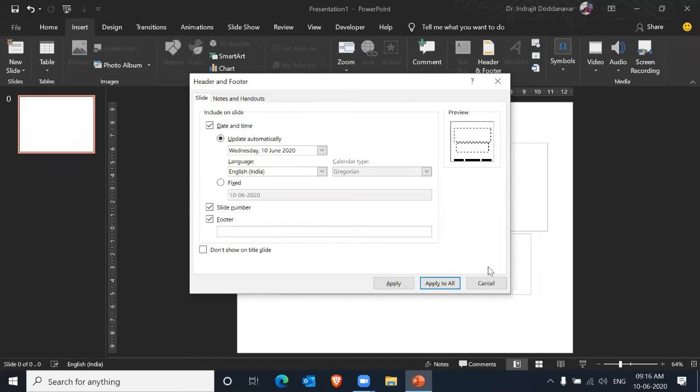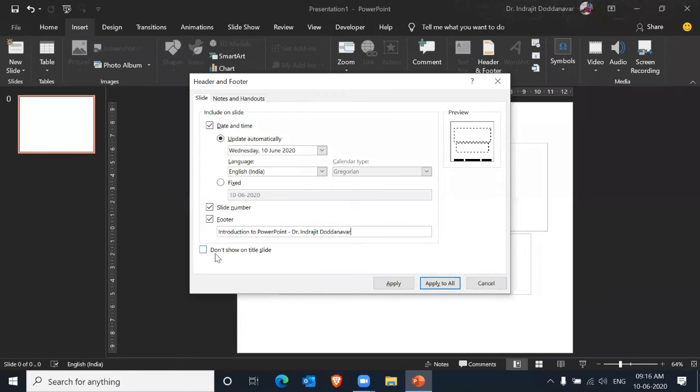In the footer, what I advise is you put your presentation's name. For example, introduction to PowerPoint, and also you put who is presenting it. If there is one person presenting this particular presentation, then you will have to put his or her name, or if it is a group of people, then you will try to incorporate everybody's name in it. So I'll put my name here. Okay, so this is all set. Date is set, slide numbers are set, the footer is set.